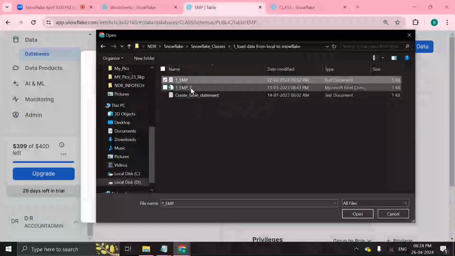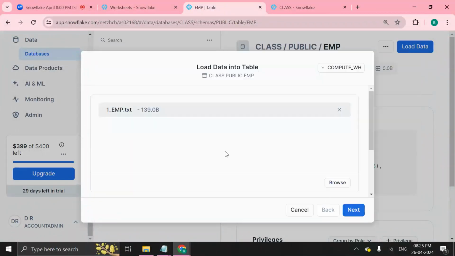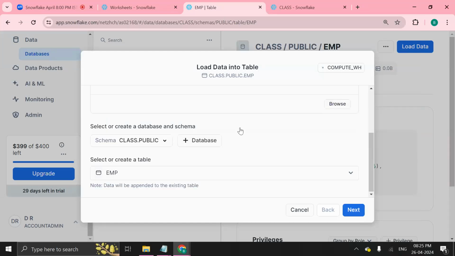This is the file. Click on that. The file is uploaded into this particular database, this particular schema, for this particular table. And when we click on next,